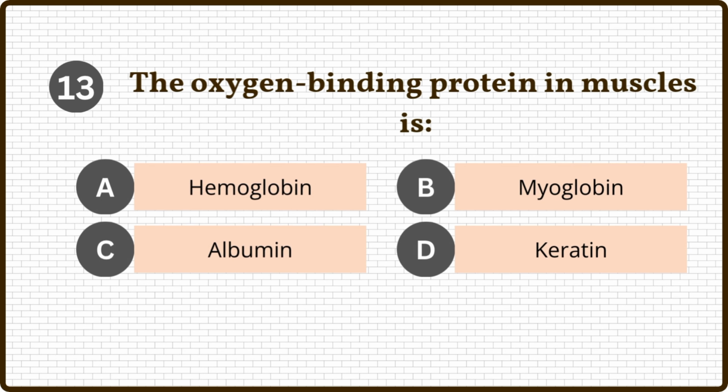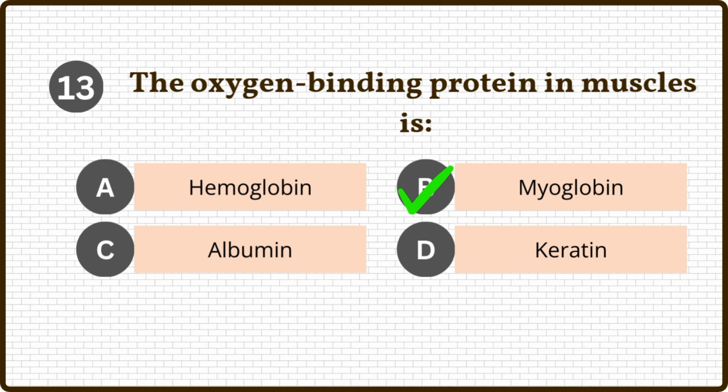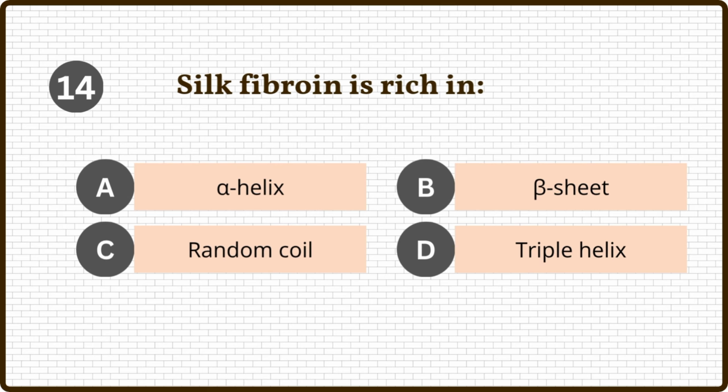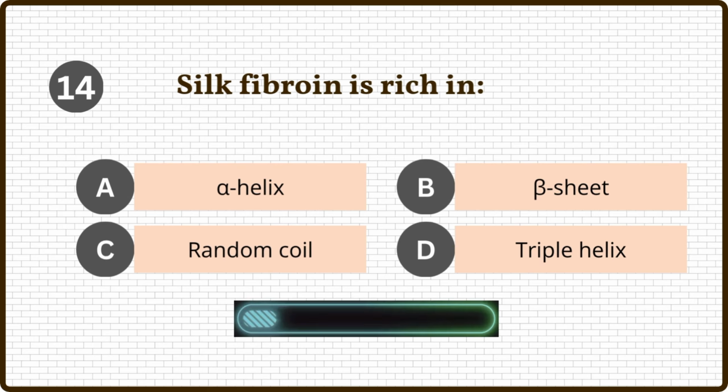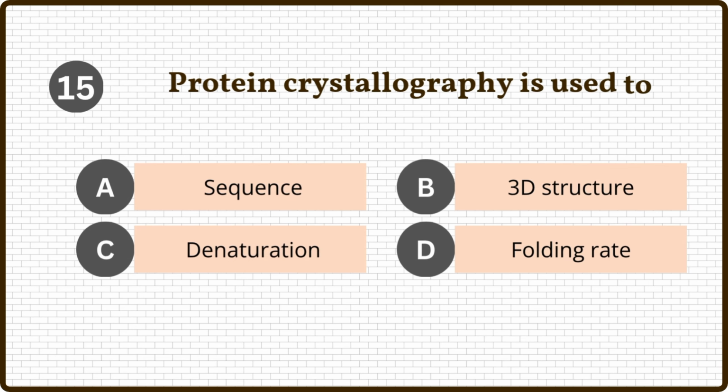The oxygen binding protein in muscles is myoglobin. Silk fibroin is rich in beta sheets. Protein crystallography is used to study